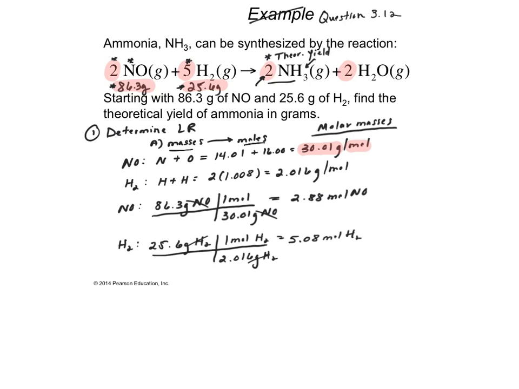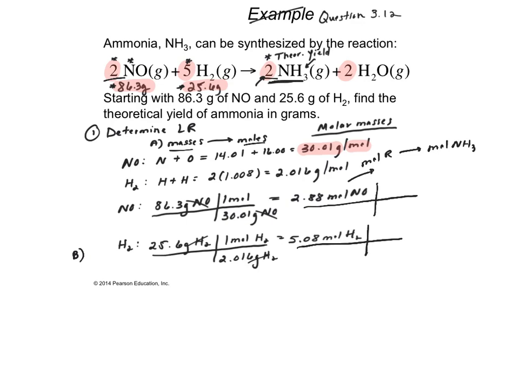Okay, so step number one, we're going to convert our masses to moles. For our two reactants, we have done that, so we can cross that off. Step number two, which we'll call B: once we have our reactants in moles, we need to figure out, using the stoichiometry, how much of our product each of those is going to form, okay? So we have NO right now in terms of moles. We have hydrogen in terms of moles. So what I'm going to do now is convert from moles of reactant to moles of NH3 that can be produced,